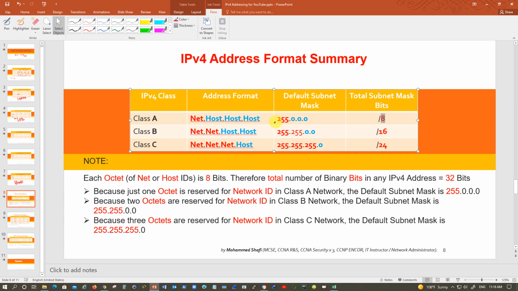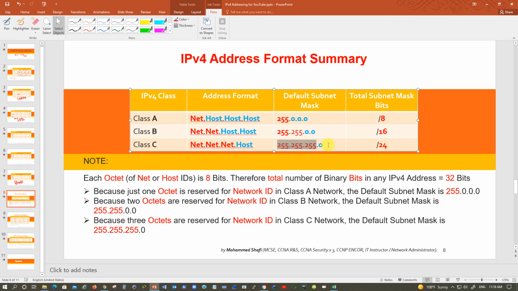So since we have just 255 in class A networks, this means I have only 8 bits representing my network ID. Since we have 2 octets representing net ID here, 8 plus 8 will give me 16. So whenever you see /24, /16 and so on, do not get confused. This clearly indicates the number of ones inside a subnet mask, how many ones you have,